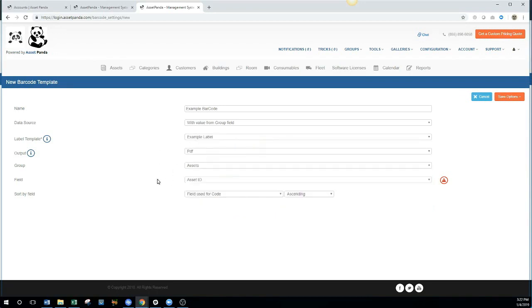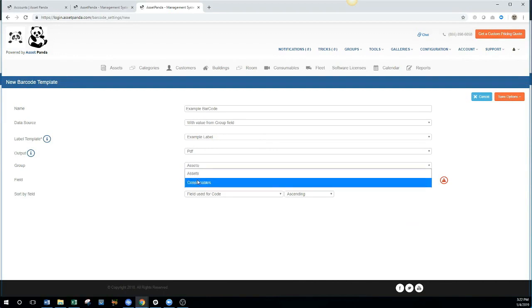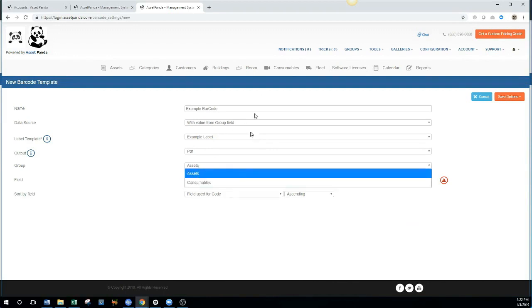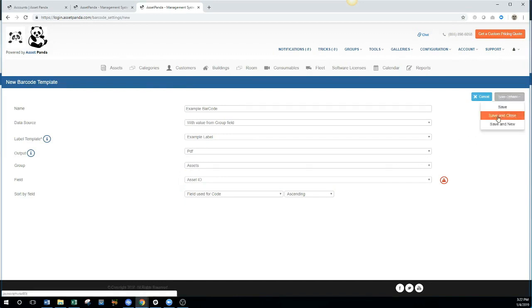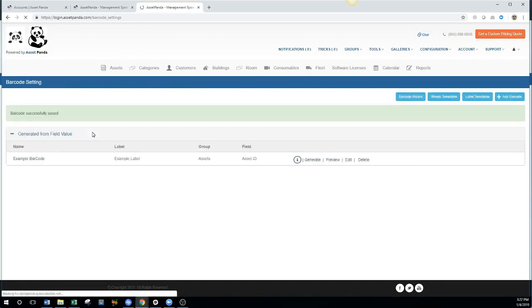Other options are cosmetic. We can choose its output as far as PDF. We can sort fields by. We can choose what information is on here in addition to any of the stuff that we've added. You can choose the group. So if we said, hey, I have consumables or room numbers or anything else, we can choose any of our groups here. But in this example, it was an asset barcode, so we're going to stick with the data that defaults. When I save this, you'll notice that, remember we're in tools and barcode generator, we now have